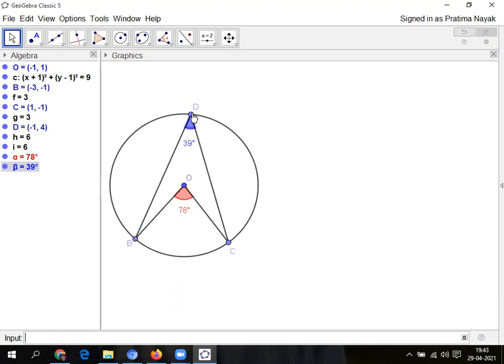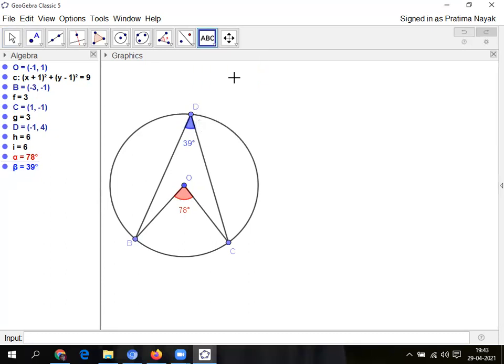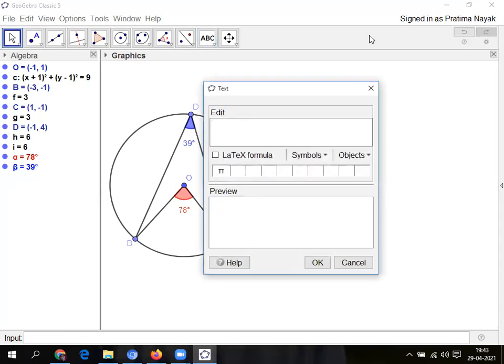The angle at the circle is half of angle at the center. The angle subtended by an arc BC here is double of the angle subtended at the circle. So I am writing it. I am showing again how to write the text. Click on text or left click, then click anywhere on the screen. Then I am showing, I will write